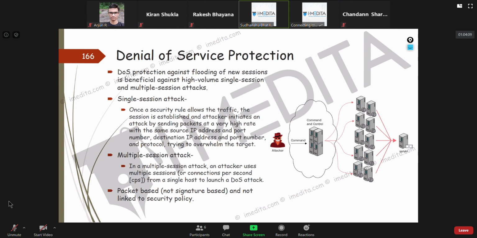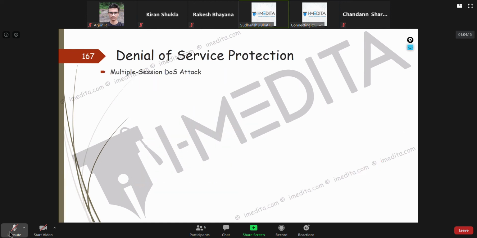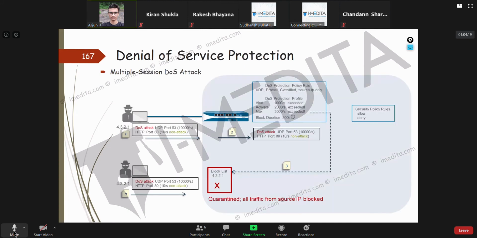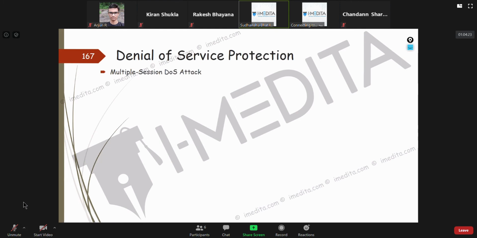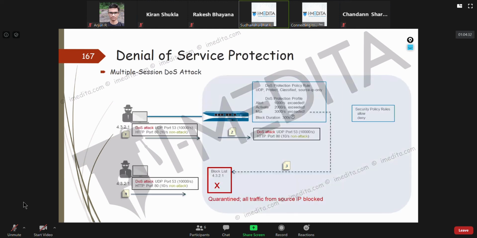Each of these sessions or three-way handshakes will be different. So let's see how it works with respect to the firewall, and how the firewall prevents it and what it does.